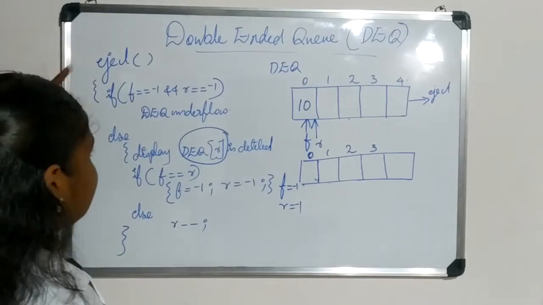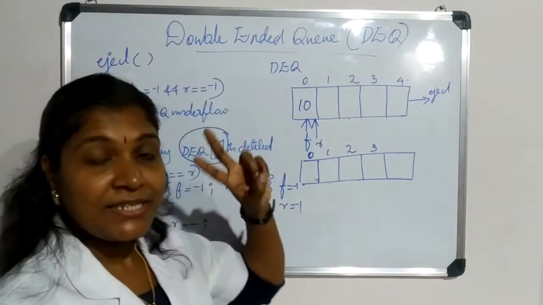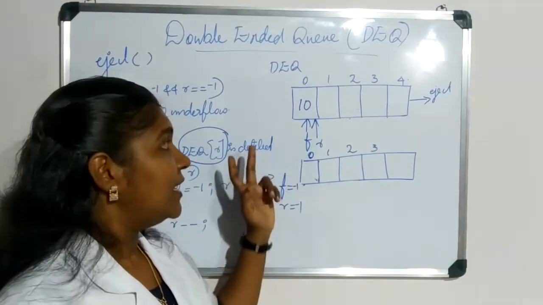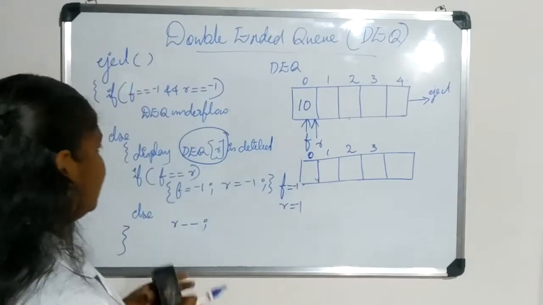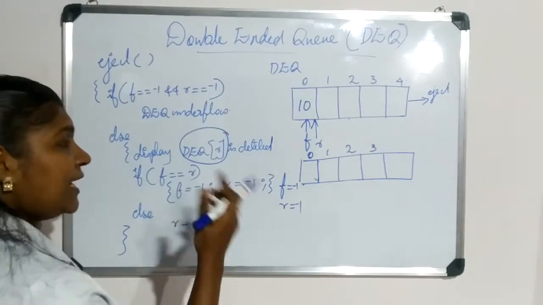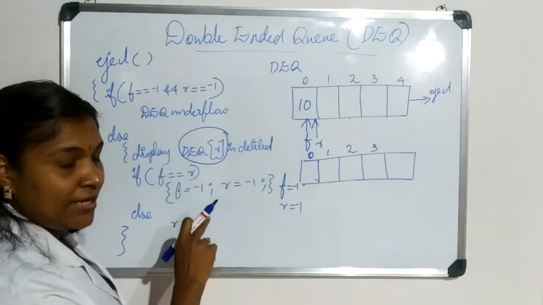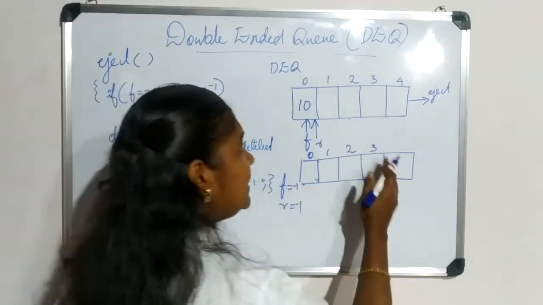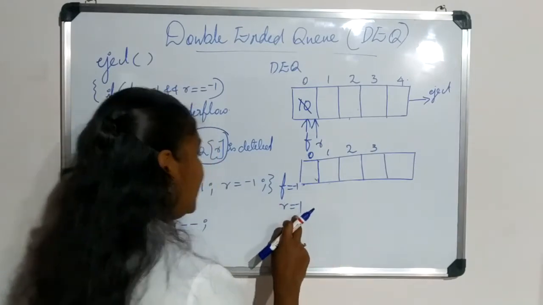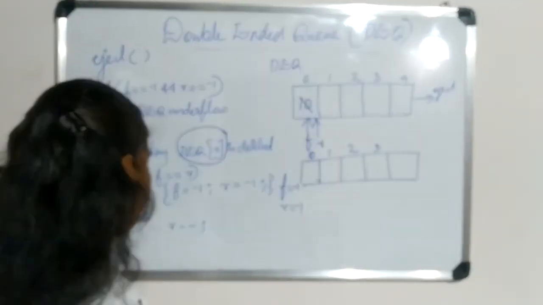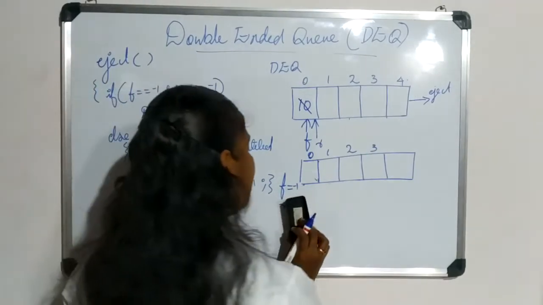Okay, and continue in the eject operation in the else part. That is, if the eject is possible, then we consider two cases. Which are the two cases? Only one element remains, and more than one element remains. The one element case I already mentioned. The f and r will be pointing to the same location. In that case, after deleting the very last element, we must reset the value of front and rear as -1. Then in the else part, there is more than one element.